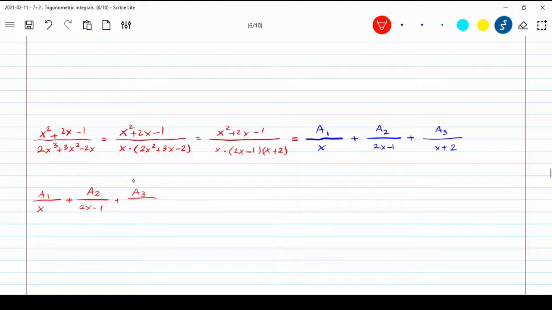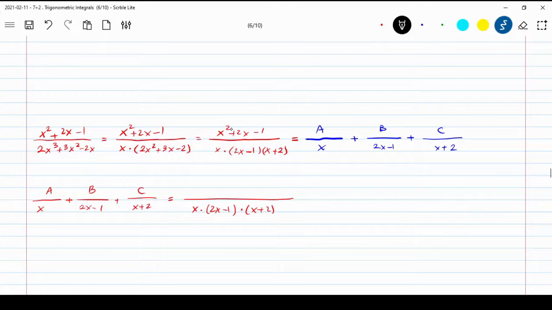you can use a, b, and c if you want. That's not an issue either. Maybe I should do that. It becomes easier in terms of notation. So let's assume this is a, b, and c. So I have a divided by x, b divided by that, and here c divided by x plus 2. If we do common denominator, the common denominator would be x times 2x minus 1 times x plus